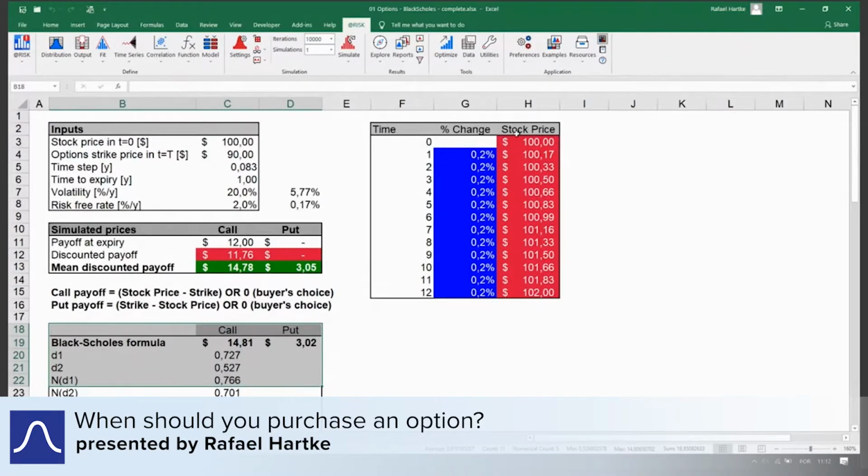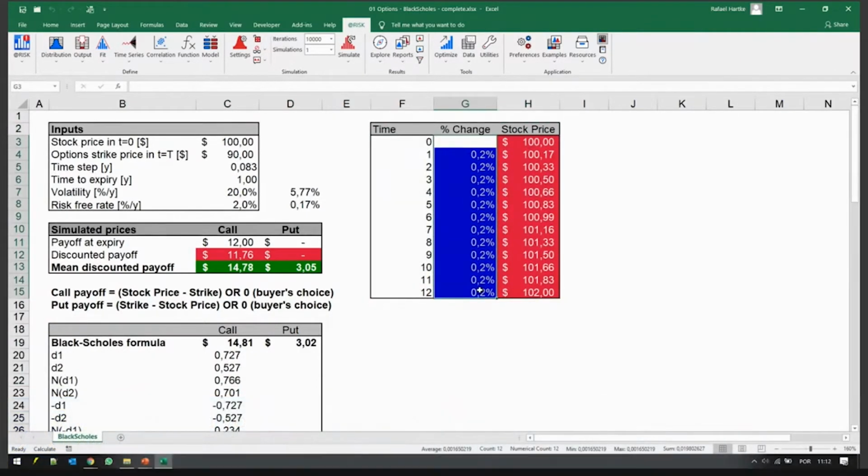assets. But we're going to track the stock price over the next 12 time steps, the next 12 months, and see how it will change. We're going to simulate the changes over time, and then figure out what the price will be in the future. Of course, if the asset increases 2% over the length of 1 year, and 1 year from now it's